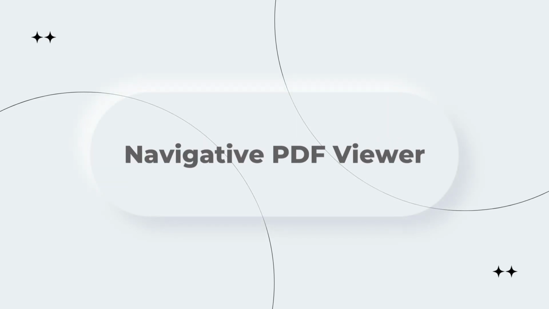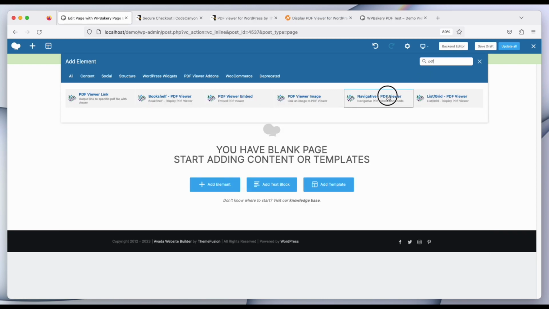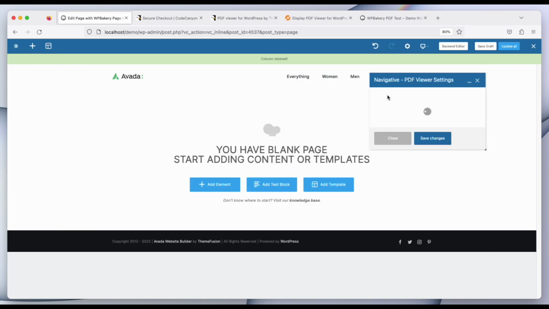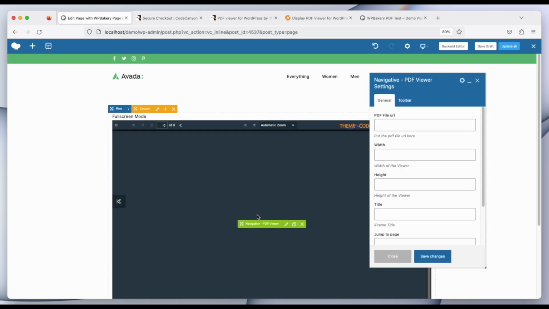The last wizard that we are going to talk about is Navigative PDF Viewer. Let's take it first, Navigative PDF Viewer. What Navigative does, it makes the whole process dynamic. If you use the Navigative PDF Viewer add-on, a sidebar will be there where the links of PDF viewers will be